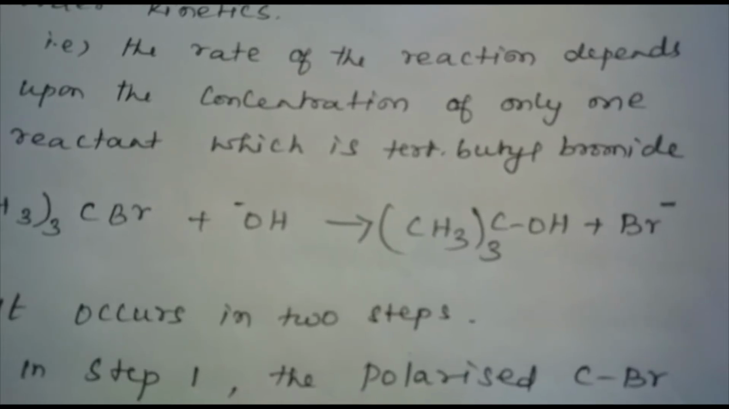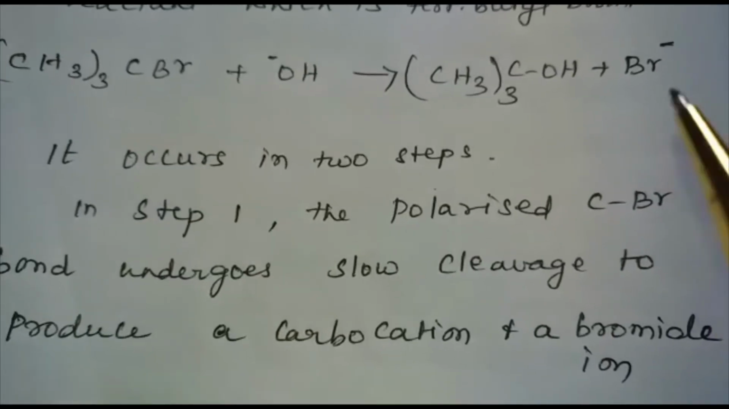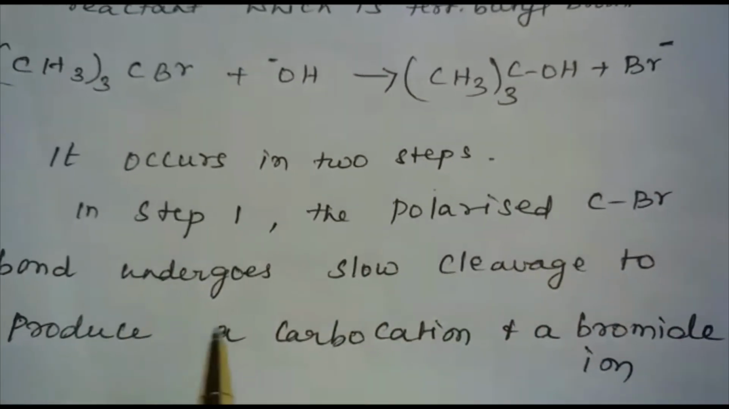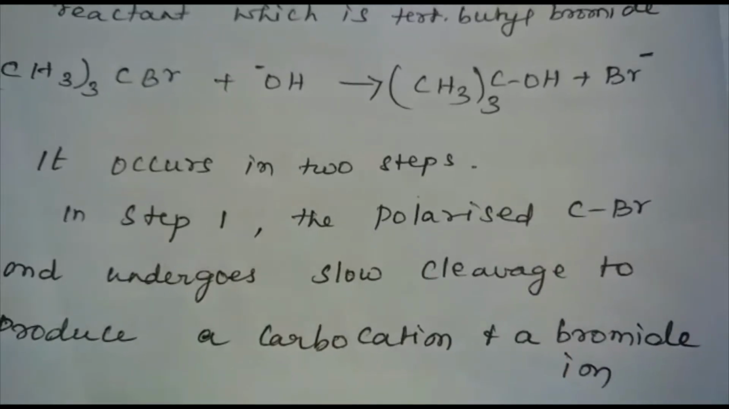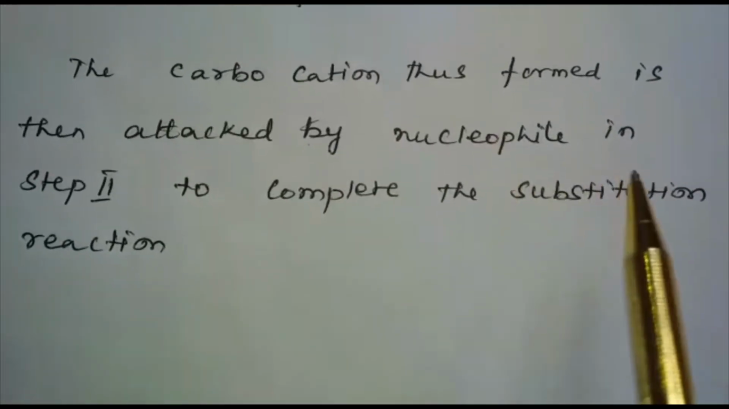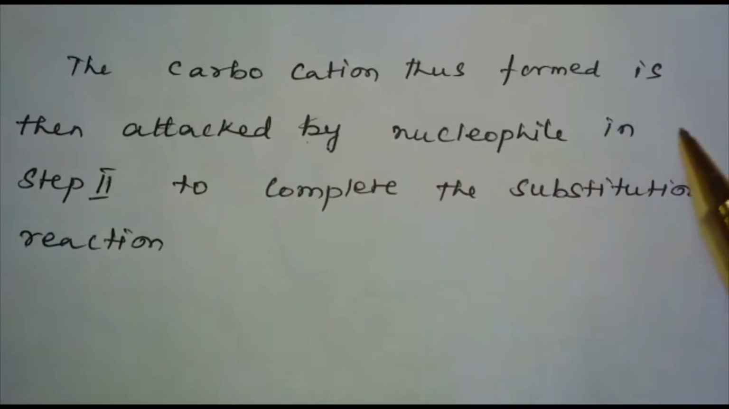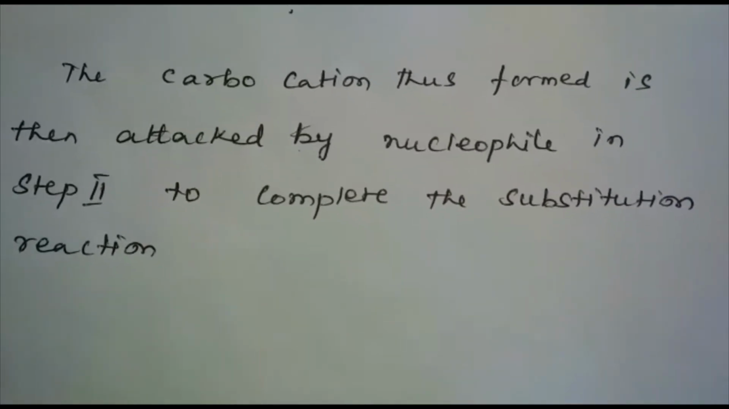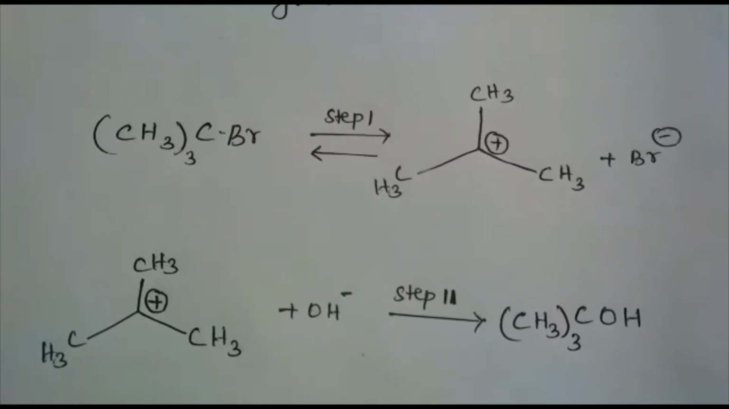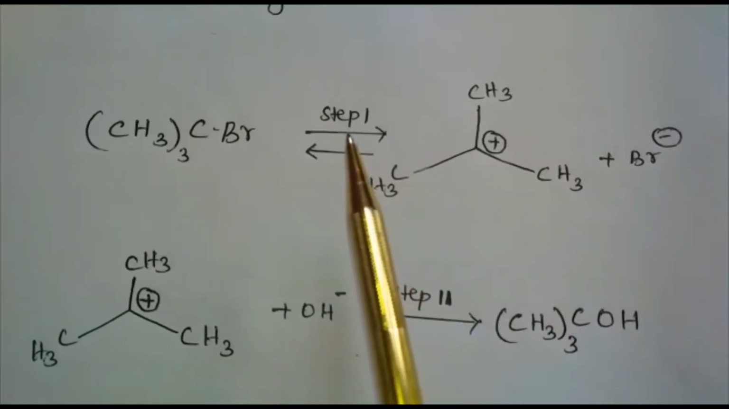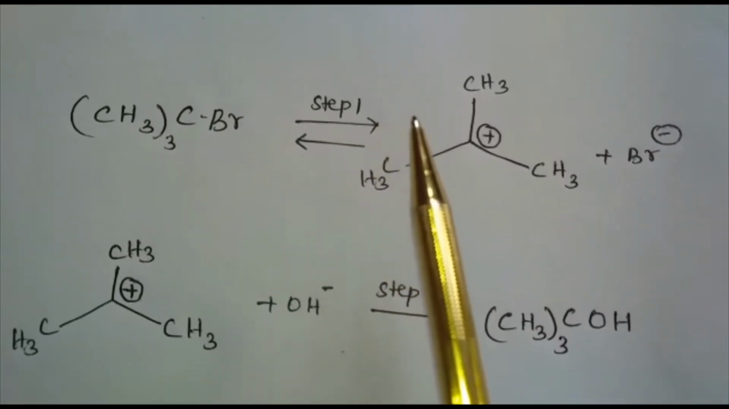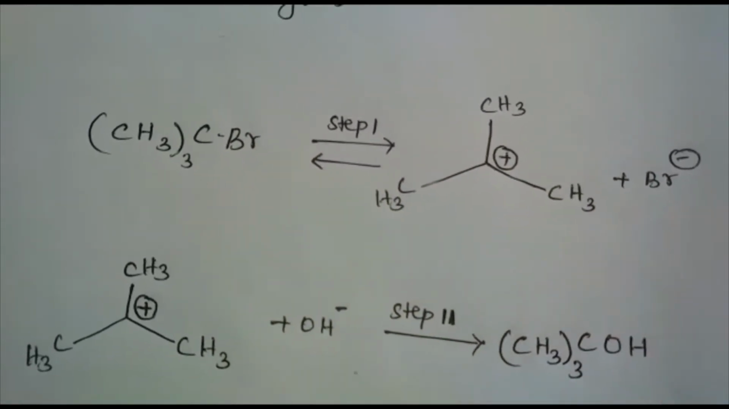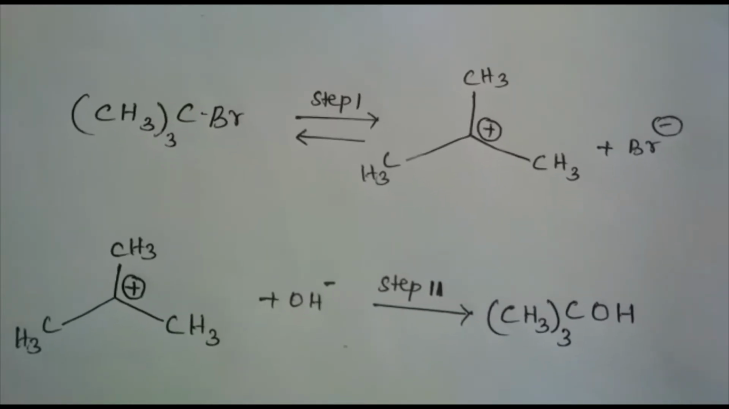In step 1, the polarized CBr bond undergoes slow cleavage, that means breaking, to produce a carbocation and a bromide ion. The carbocation thus formed is then attacked by the nucleophile in step 2 to complete the substitution reaction. Let us see the mechanism. Step 1 is the slowest and it is found to be reversible in nature. It involves the CBr bond breaking, for which the energy is obtained through solvation of halide ion with the proton